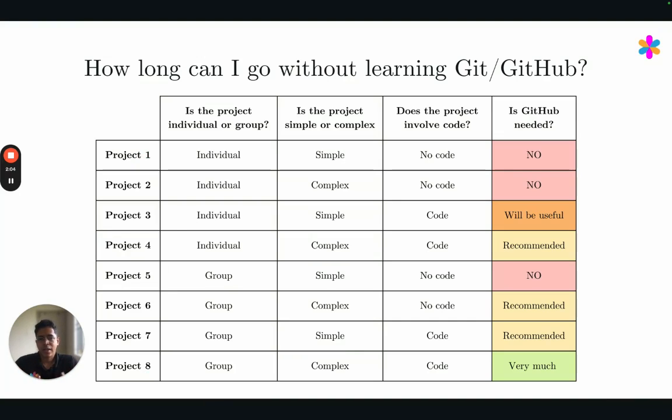This may happen in your college life, or it may happen later once you start working in a company. But you can go maybe until the point where you start working on group projects without using GitHub that much. But the moment you start collaborating on a slightly large scale project with a group of people, you will inevitably come to the need of GitHub.